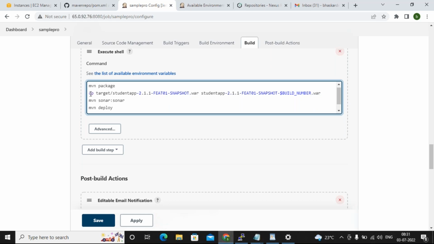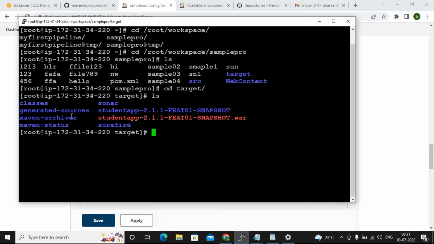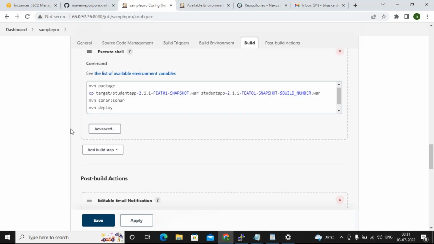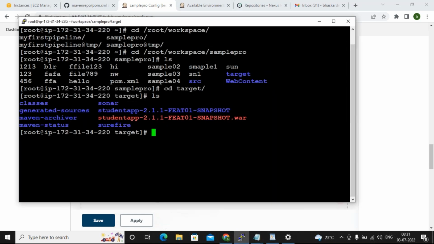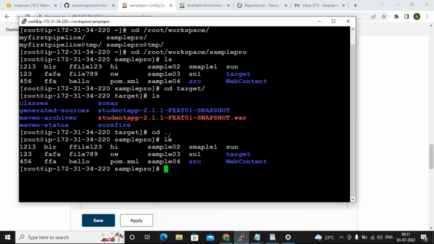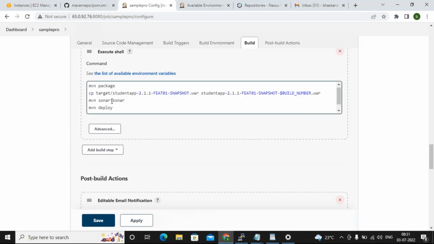So guys, always remember, by default your Jenkins job, the builder, this build trigger, will take this folder as the default folder. Okay? So this command will execute: cp target my var file name. So I'm creating in the current folder with this name. Now let's see that. So now build number is the variable name.